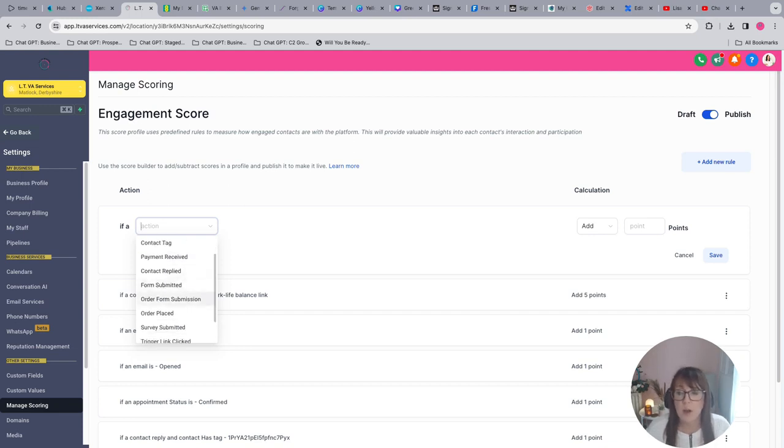You could even use a form submitted, so let's say somebody's filled in a contact form, or perhaps you've got a waiting list that they've signed up for, a contact has booked an appointment. So all of these things don't require you to build out trigger links. You will already have links as default for your calendar, for example, and things like that. So have a real good think about the kind of actions you want your clients to take or your customers to take, and how you can use that to score those people, to find out, you know, are people buying